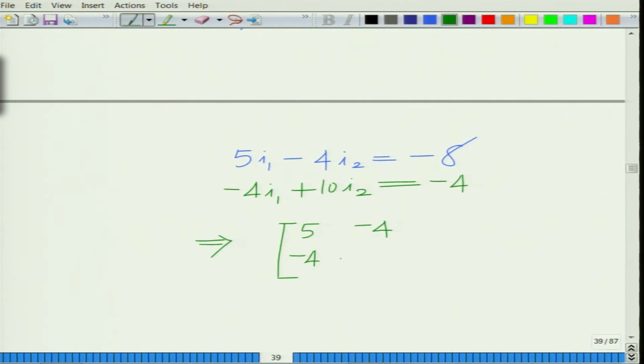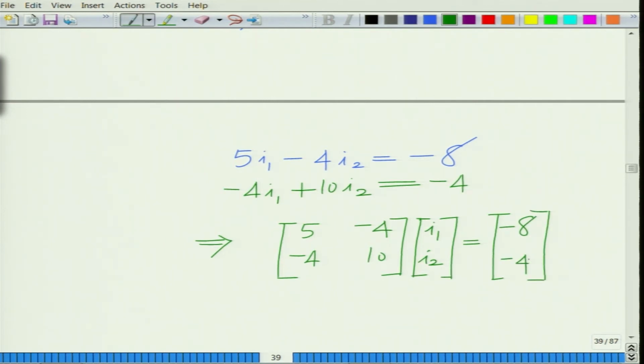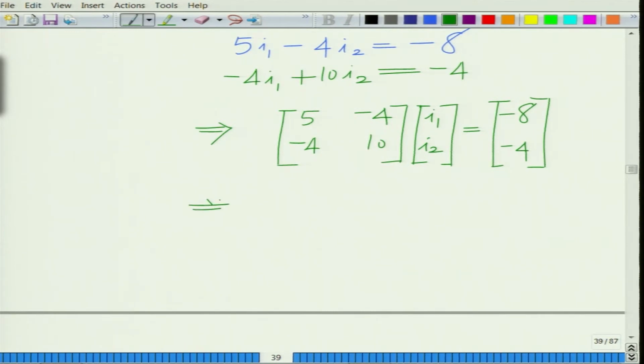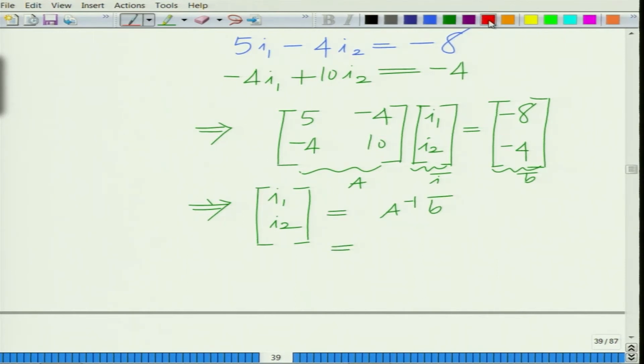So, 5 minus 4, minus 4 10, times I1 I2, this is equal to minus 8 minus 4. So, this is of the form A times the current vector I bar equals B bar. So, I1 I2 equals A inverse B bar, and now you know how to compute the inverse